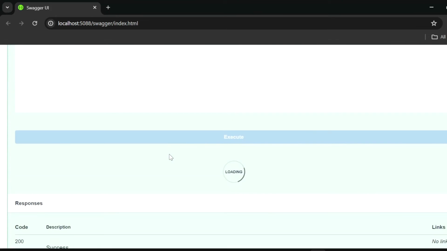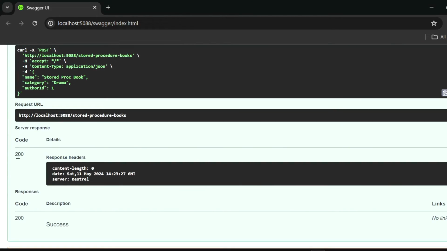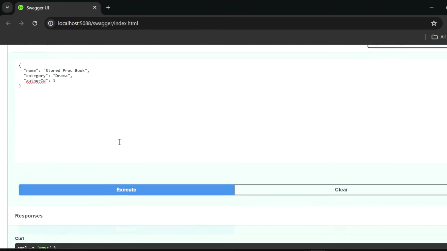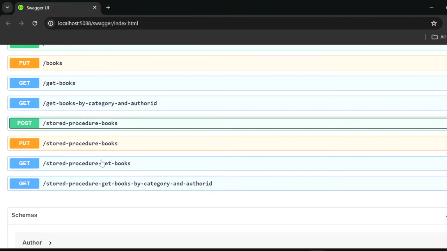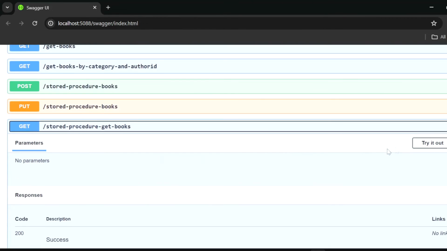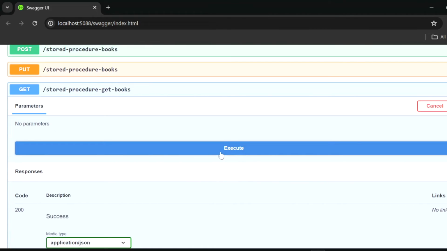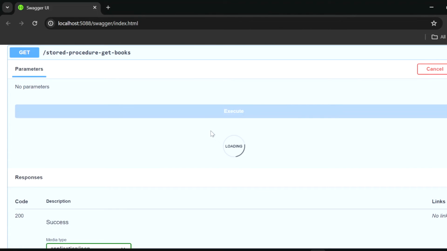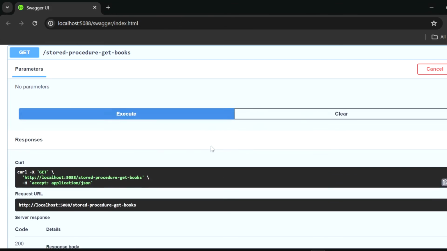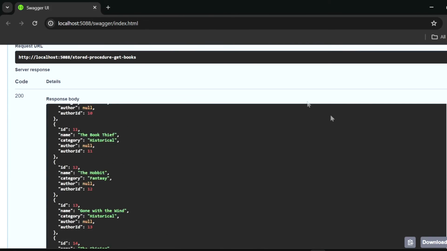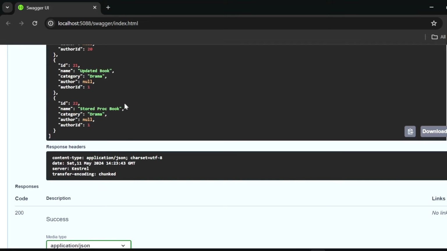We'll execute this, and as you see, we have the 200 OK response, and we'll execute the stored procedure get books just to get the list of all the books, and we'll check if it was actually created with the usage of that stored procedure. We'll just go down and down, and as you see here in database, we have the book with the ID 22,